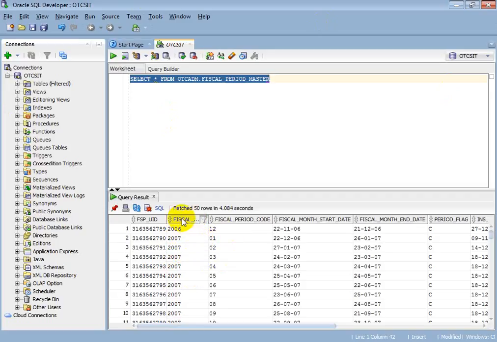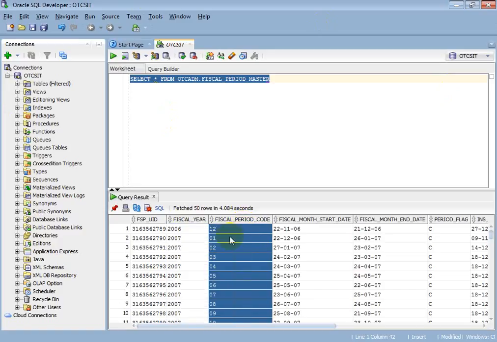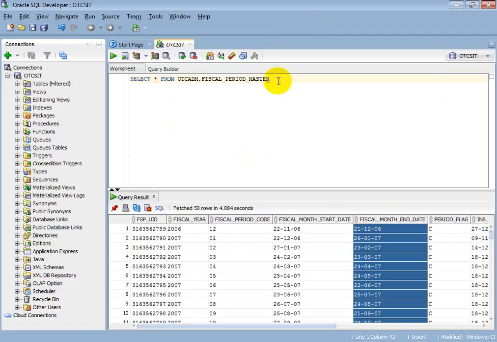There will be fiscal year, that is nothing but financial year, and fiscal period code, that is month 01, 02, and the fiscal month start date and end date. Since we are in 2013, where fiscal year equals 2013.